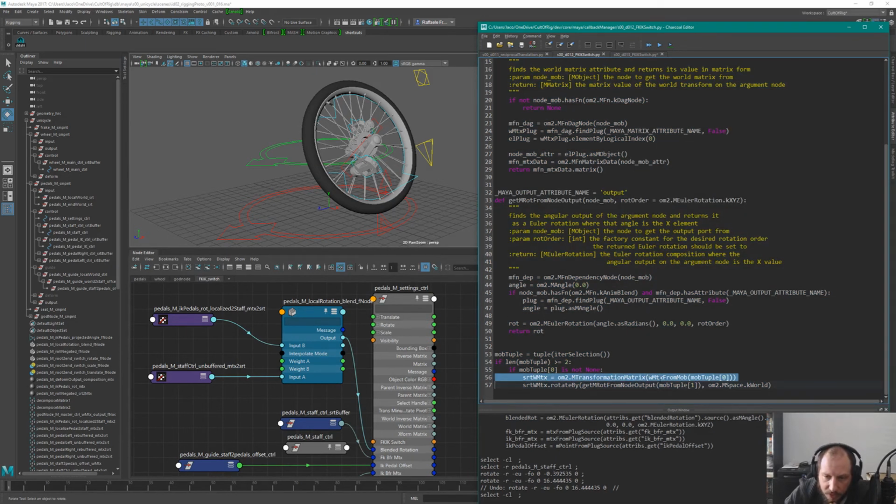So I was showing the transformation matrix from whatever matrix we're getting. Then I was setting the rotation by something. Now, if I get a matrix,